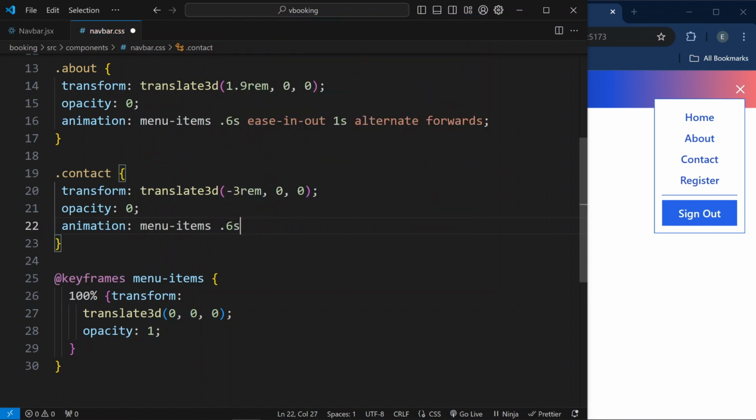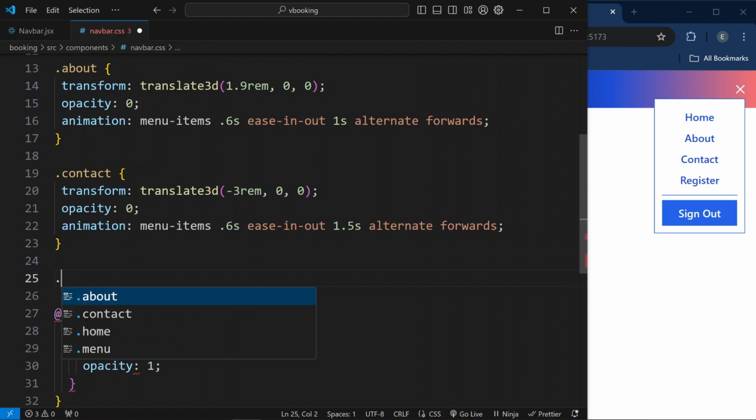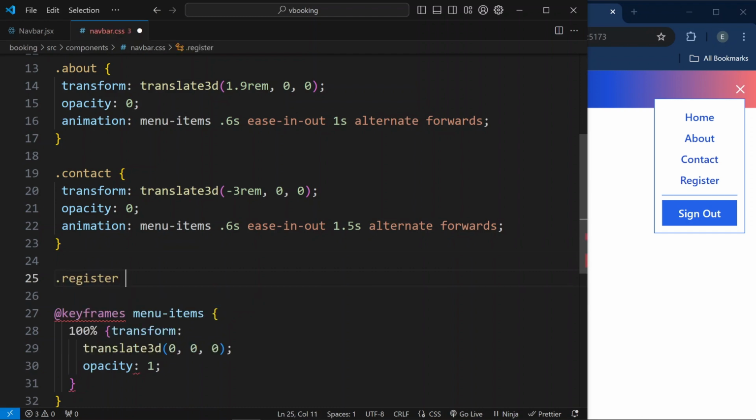Our duration will be 0.6 seconds, ease in out, alternate. First let's give 1.5 seconds delay, so every link has 0.5 second more delay than the other one, and alternate, forwards. Now for register, we will say register,